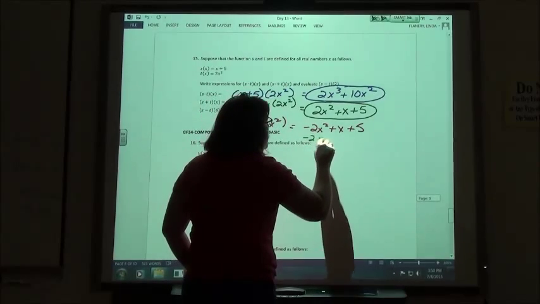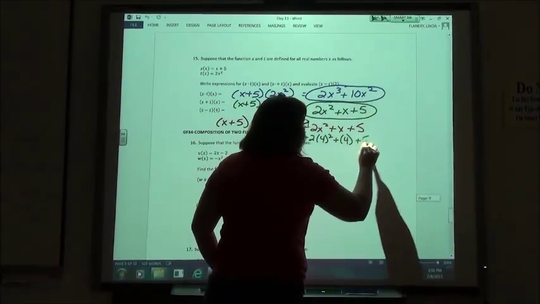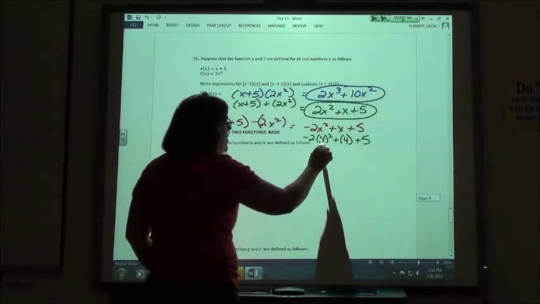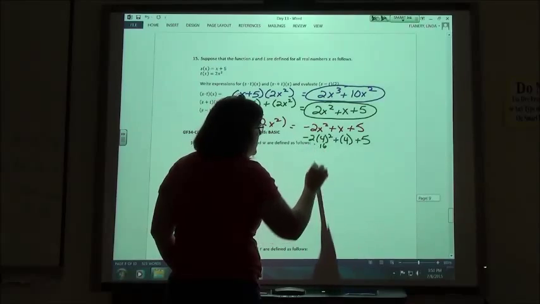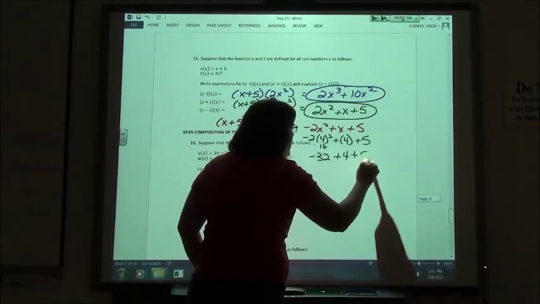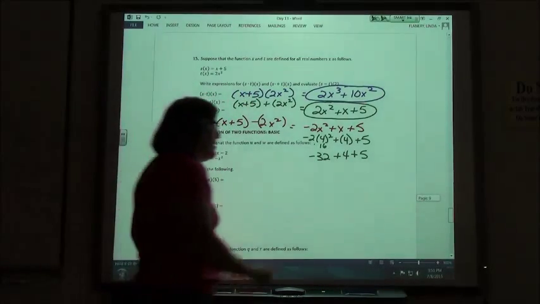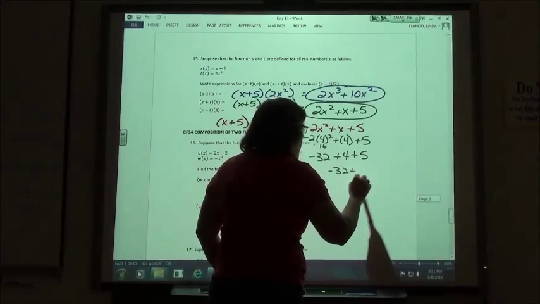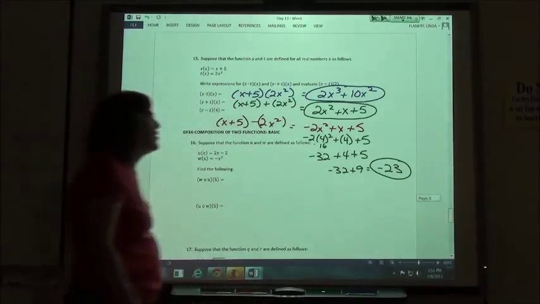So negative 2 times 4 squared plus 4 plus 5. 4 squared is 16. Negative 2 times 16 is negative 32. Plus 4 plus 5. So negative 32 plus 9